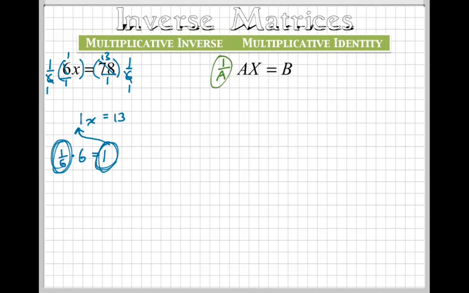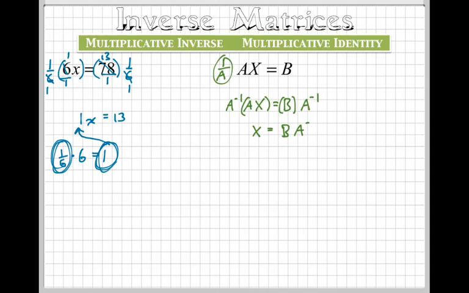Now we normally don't write it like this. Instead, we write this like a to the negative 1, and then we would multiply it times ax, and we would multiply the b on the other side times the inverse of a. The inverse of a and a would multiply together to cancel each other out, and you'd be left with x equals b